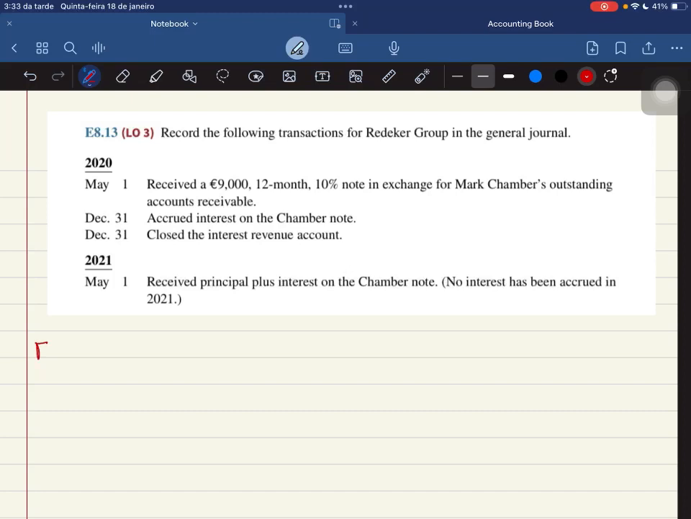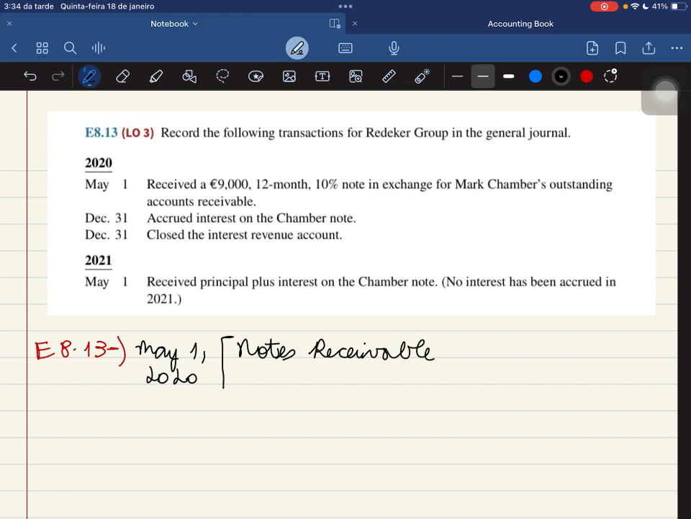E. 8.13. Record the following transactions for Rediker Group in the General Journal. May 1st, 2020, received a 9,000 12-month 10% note in exchange for Mark Chambers' outstanding accounts receivable. Okay, so if I receive the note, that means the notes receivable has to go up, so we debit it,